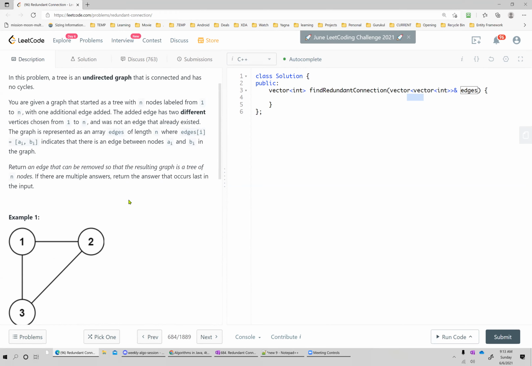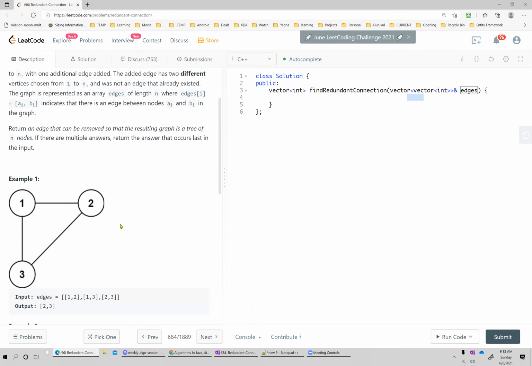So if you have a graph of n nodes, you need at least n minus one edges to connect everyone with each other. If there are n edges, that means you have one extra edge for n nodes that can be removed.